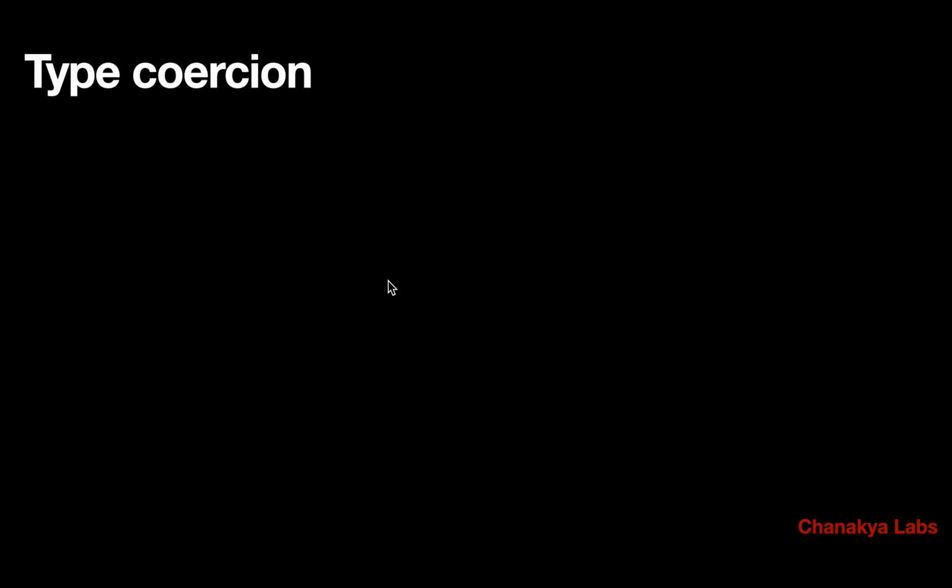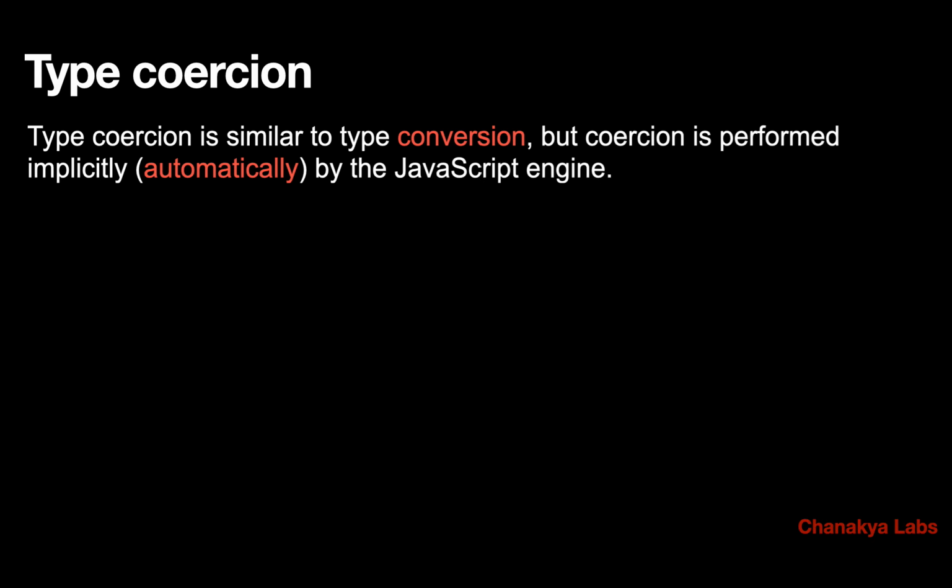Next we see something called type coercion. Whenever you see the word coercion, it simply means conversion. What is the difference between conversion and coercion? Coercion is also a type of conversion, but the difference is that it is implicit, meaning you are not explicitly doing the conversion, but the JavaScript engine is